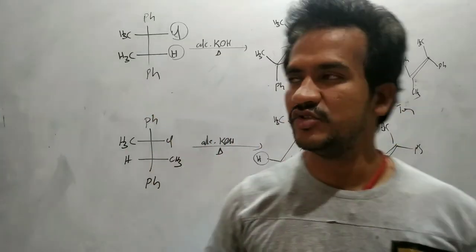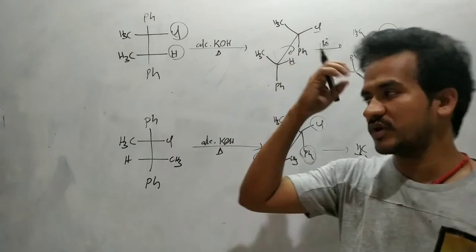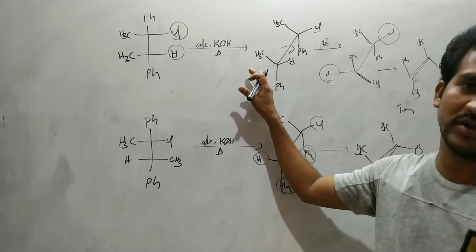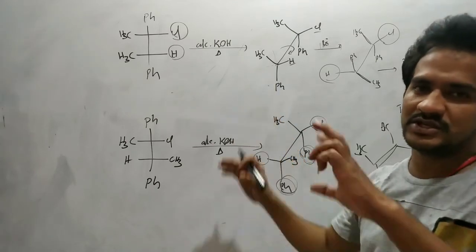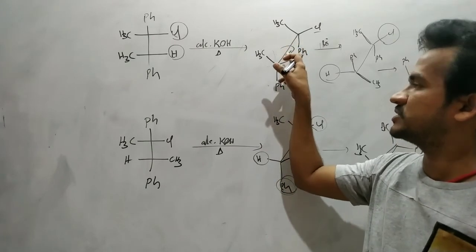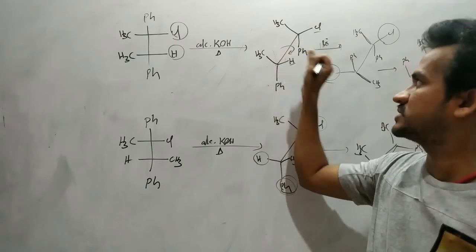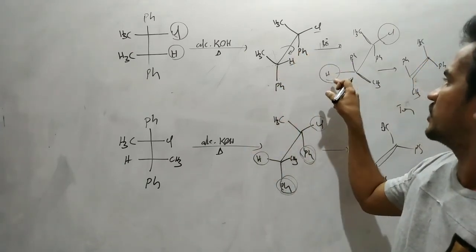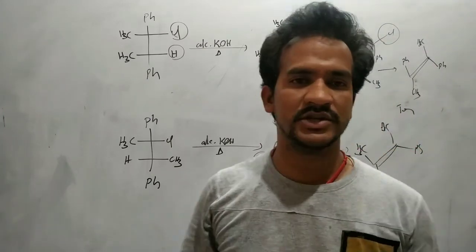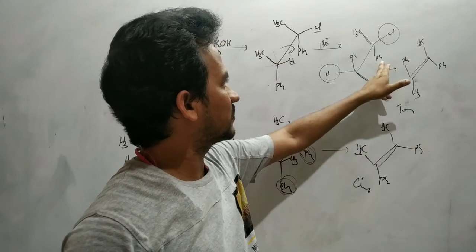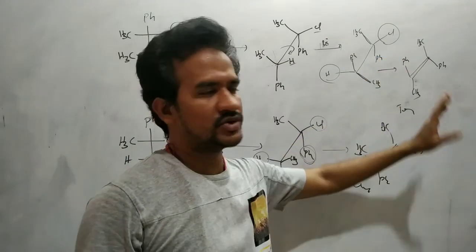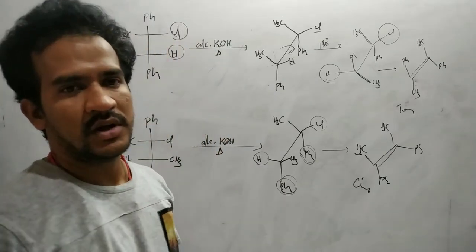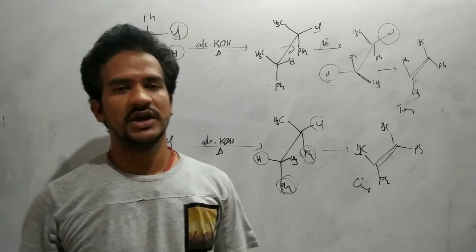First, for this Fischer projection, we just have to write the Sawhorse projection and then remove the groups which are in anti-position. If those two groups are not in anti-position, just rotate the bond. That means you should bring about the rotation about the C-C bond. So here hydrogen and chlorine are in trans position, so you can take the elimination. Finally, based on this, phenyl downward, here phenyl upward. Those two are in the trans position, so we can directly write the trans isomer. So this is the stereospecificity of the E2 reactions, dehalogenation and dehydrohalogenation.